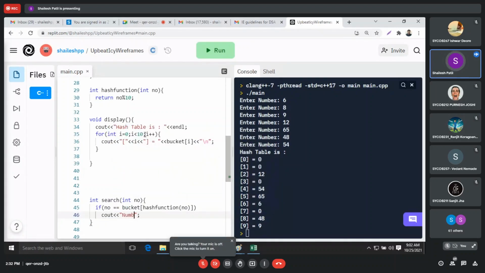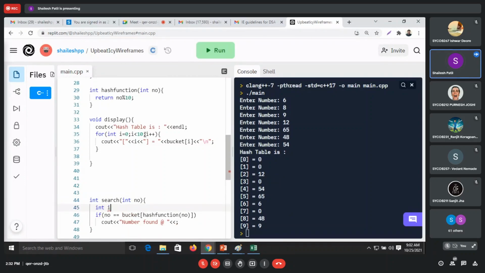Yes, so we'll say number found at. It will have, suppose, a hash function for the index. Instead of that, I will create an integer index here, and the index is equal to the hash function of number.